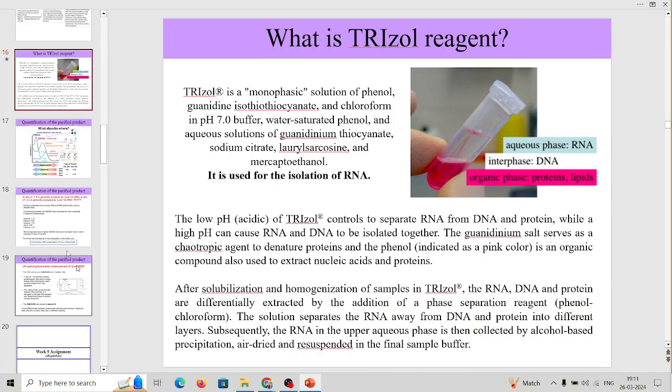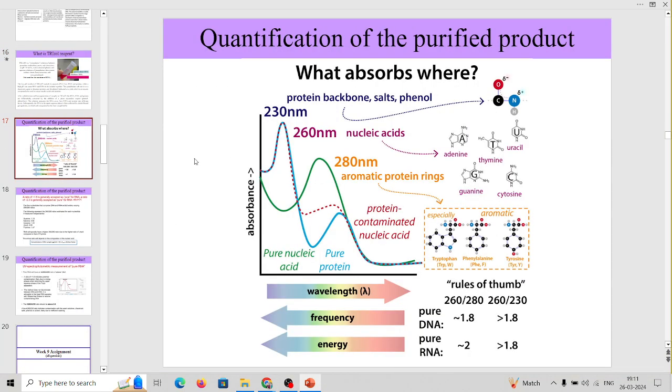So let us look at that. So quantification of the purified product. So this is the graph obtained after absorption. Okay, after you check absorption. So at 260 nanometers, what happens? The nucleic acids are absorbing. So nucleic acids are absorbing UV visible light, the adenine, thymine. So the nucleic acids, adenine, thymine, uracil, guanine, cytosine, these are having,